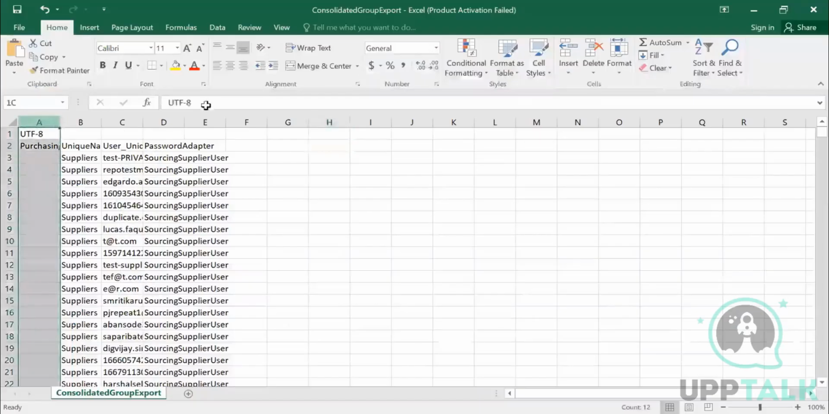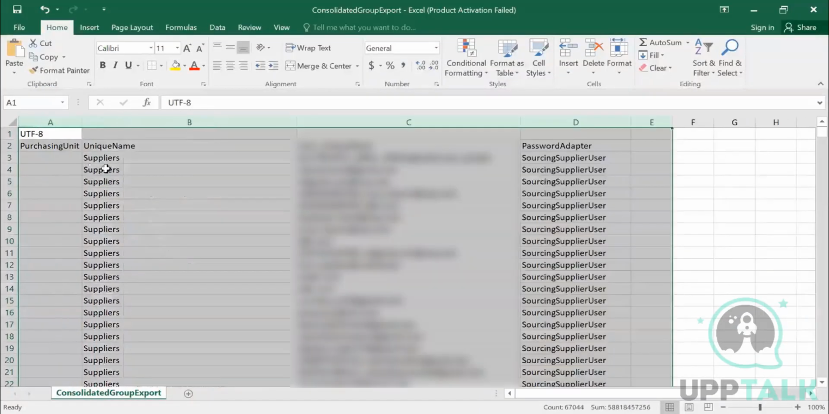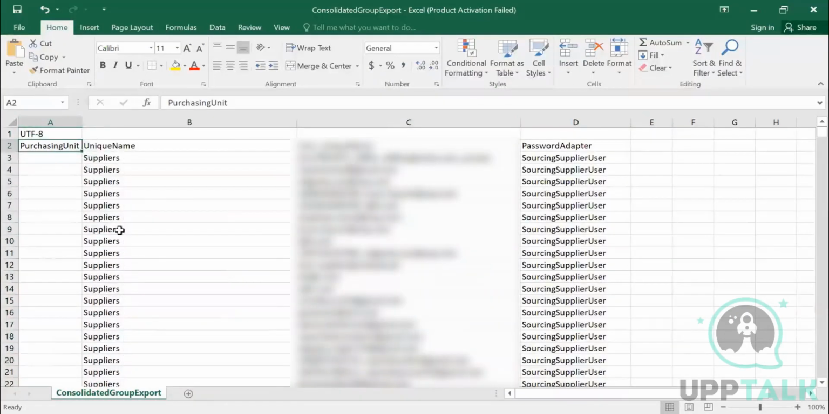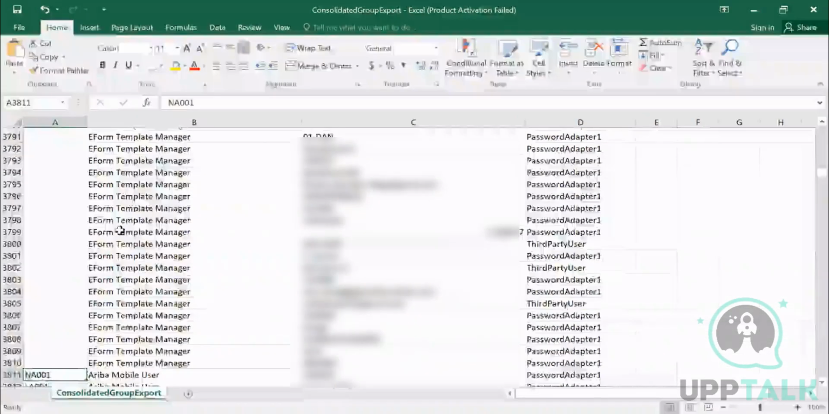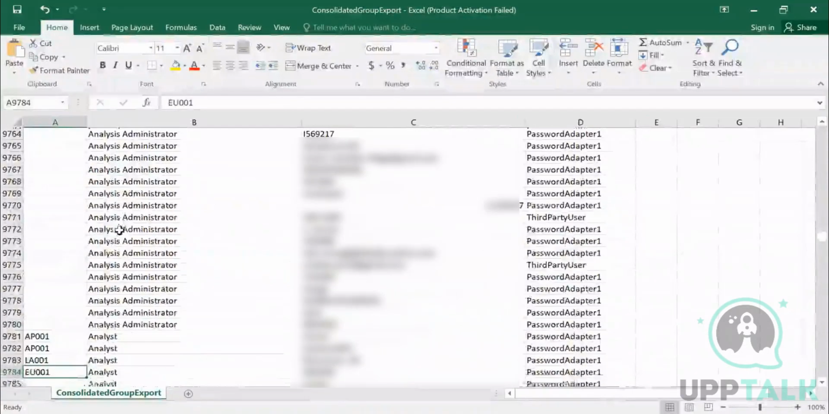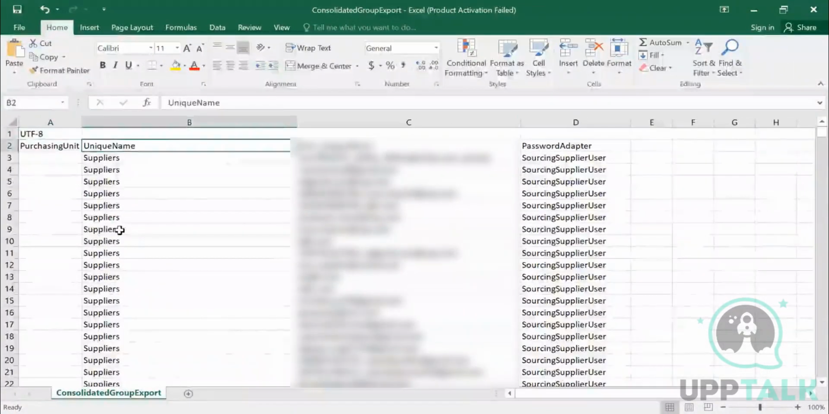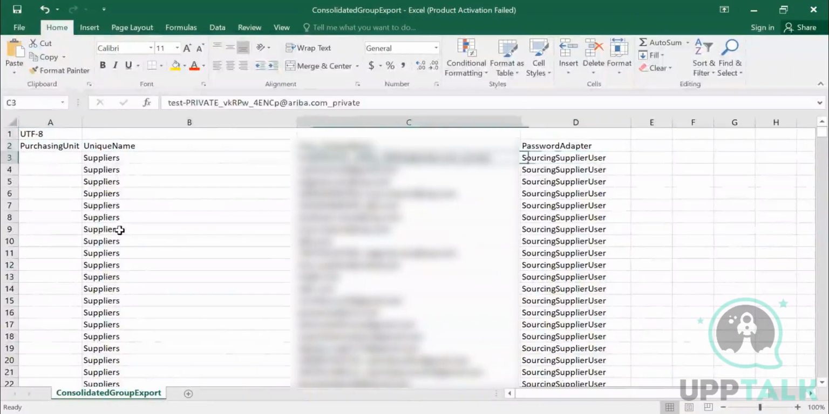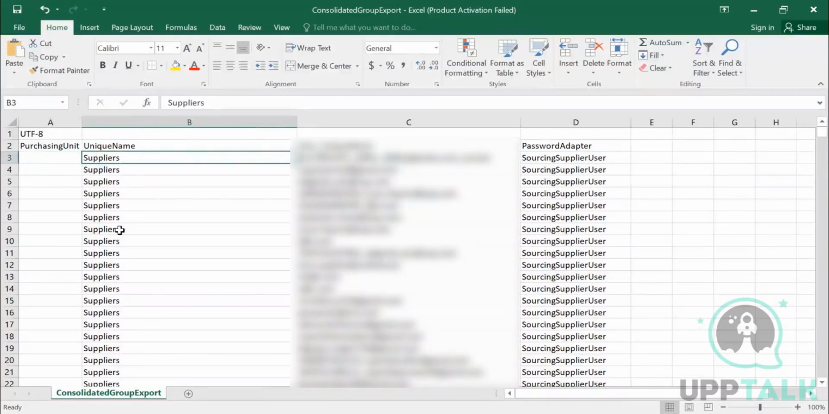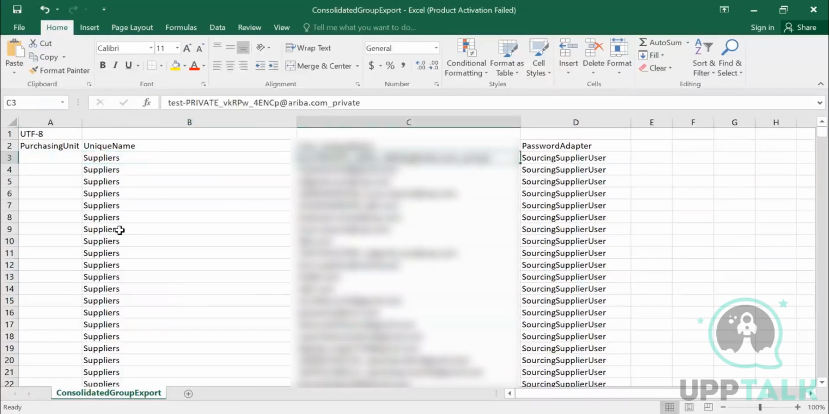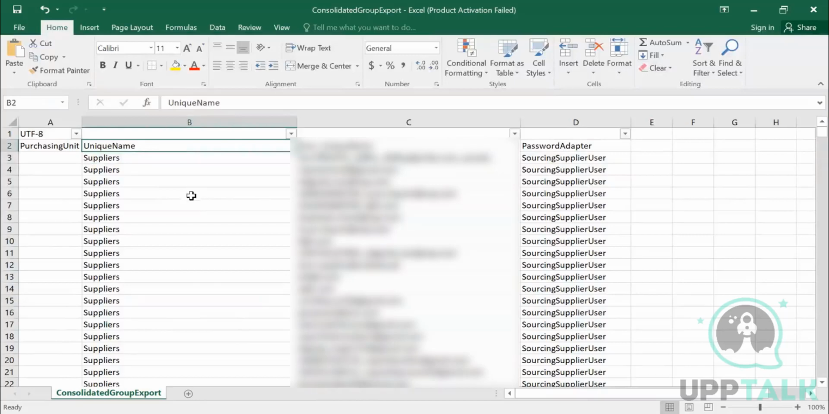Here you see simple purchasing unit. Suppose your company is going by purchasing unit level filtering, then you will get this purchasing unit. Unique name, suppliers, unique username, password adapter. For the purchase group called suppliers, these are all the people having access. Now I will select one of the